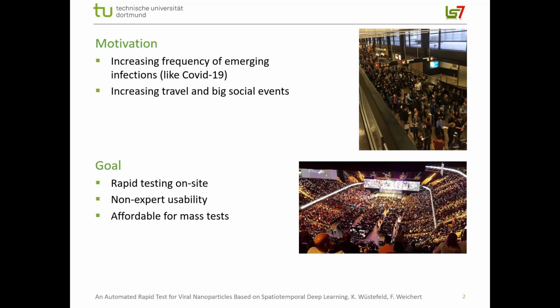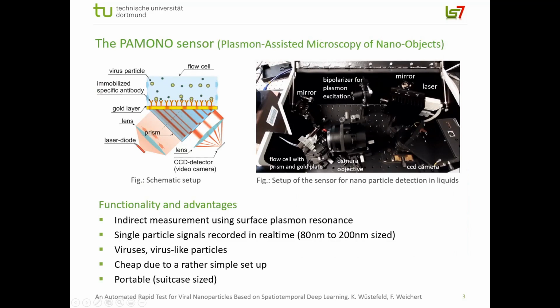So our goal is to provide a device which can be used as a rapid test on site. To reach this goal, there may only be few parameters for user interaction, so that also a non-expert can use it. It should also be affordable for mass tests, so that we can test many people in a short period of time in order not to block the whole waiting queue in front of, for example, an airport or a stadium. A device which can accomplish this task is the PAMONO sensor, where PAMONO stands for Plasmon-Assisted Microscopy of